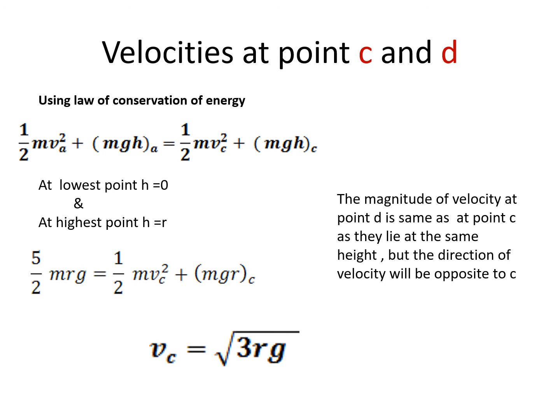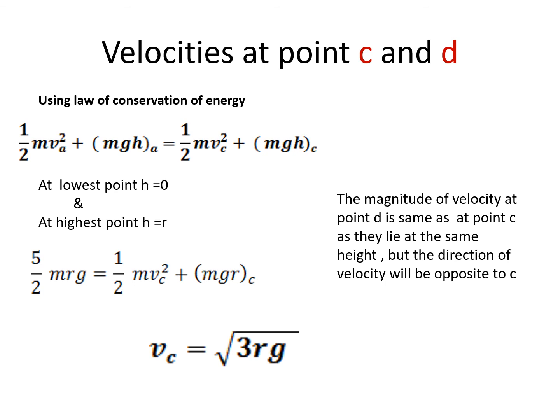So half mv_A square, that is the kinetic energy at point A, plus potential energy mgh at point A must be equal to kinetic energy at point C as half mv_C square plus potential energy at point C as mgh. Substituting h is equal to 0 at the lowest point and at the point C h is equal to r, that is the midpoint. I can write down 5 by 2